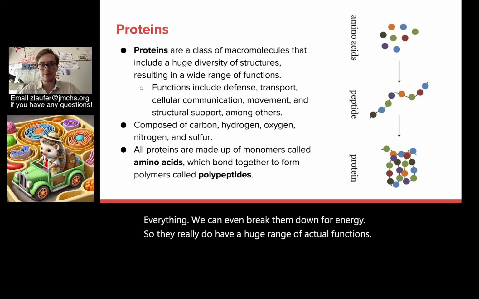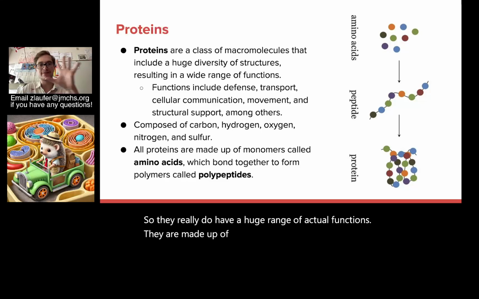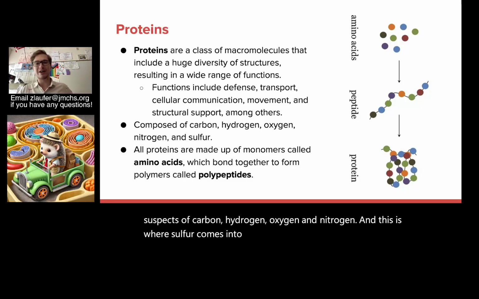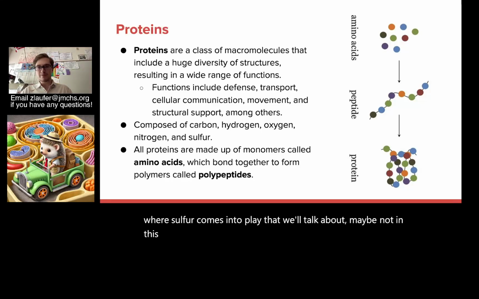They are made up of, however, just basically 5 elements. The usual suspects of carbon, hydrogen, oxygen, and nitrogen. And this is where sulfur comes into play, that we'll talk about, maybe not in this unit. The monomer for a protein is an amino acid that you can see up here. If you string some amino acids together,